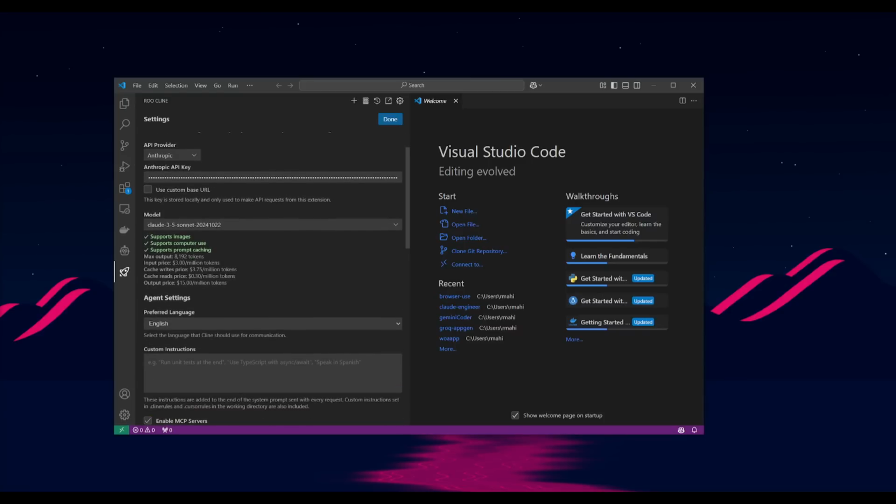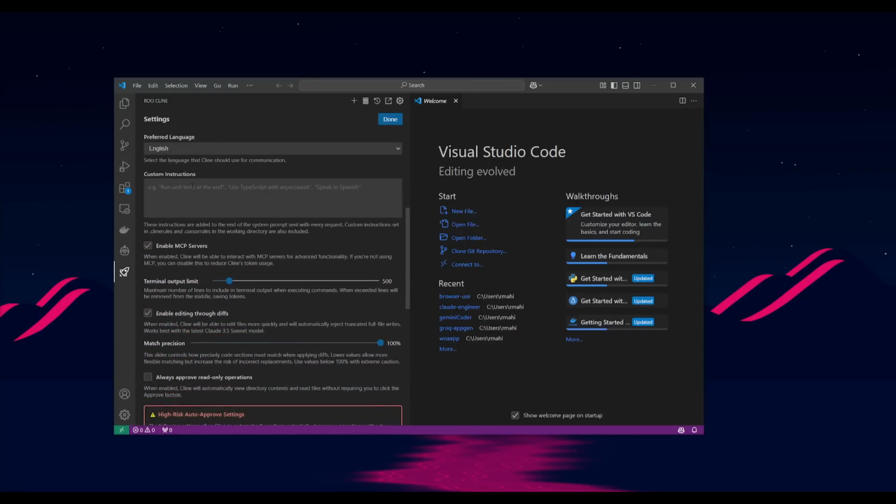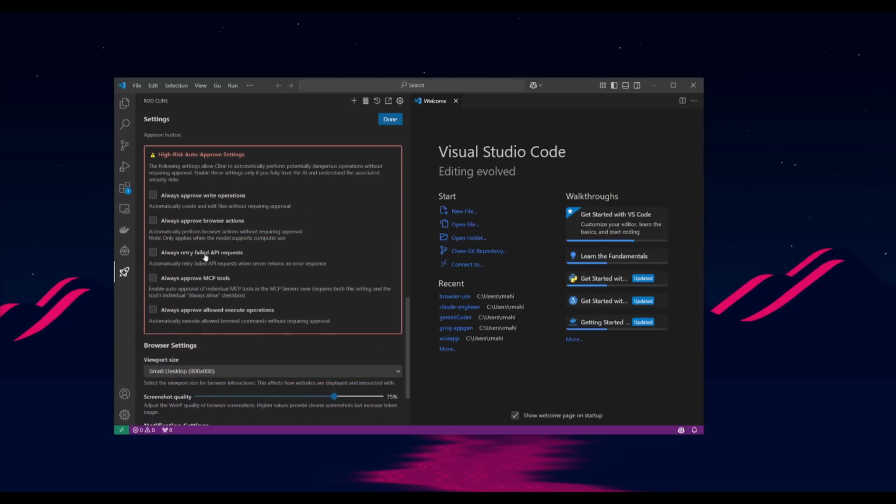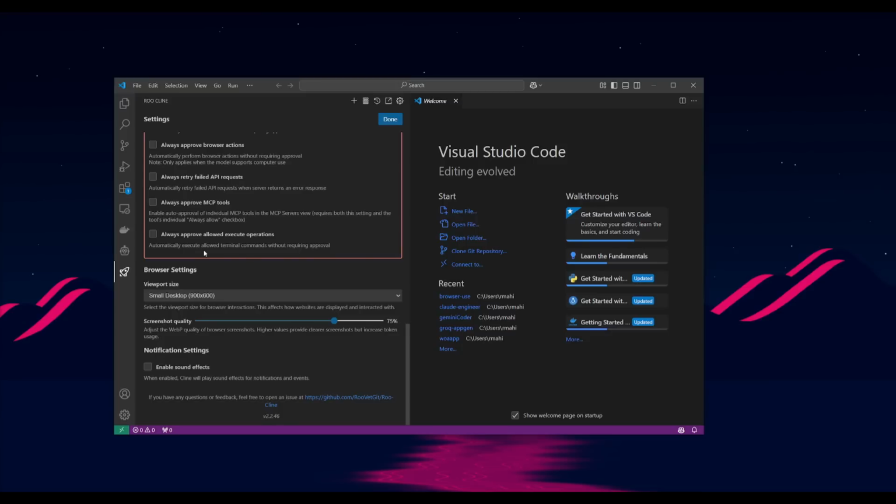Now, this will also allow you to do the exact same thing that you would be able to do within Cline, like setting custom instructions, enabling MCP servers, as well as configuring the response outputs. You can also change the browser settings, so you can have it so that it has a viewpoint to a small desktop, a tablet, mobile, or even a large desktop, which is a really cool feature for different types of developers that are maybe more focused on